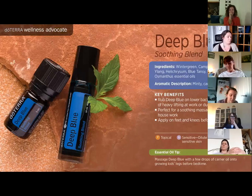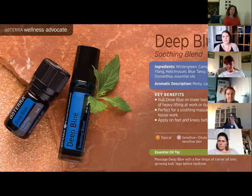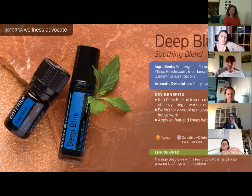First up, we have Deep Blue. Deep Blue is also known as a soothing blend. It contains wintergreen, peppermint, camphor, helichrysum, blue tansy, blue chamomile, ylang ylang, and osmanthus. Deep Blue we can use aromatically and topically. We won't take this one internally. It's good to help reduce inflammation. It's a really soothing oil. It's really calming. It can help promote circulation. It's a great exercise oil for pre and post workout. We can use it for joint pain, period pain, growing pains, fibromyalgia,